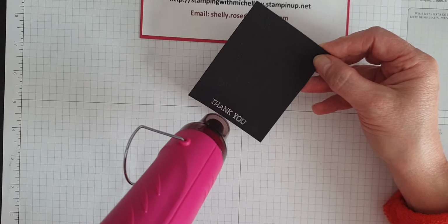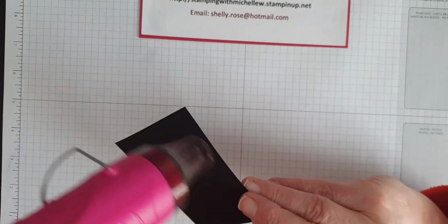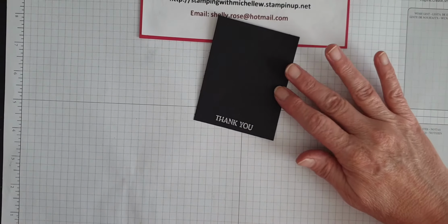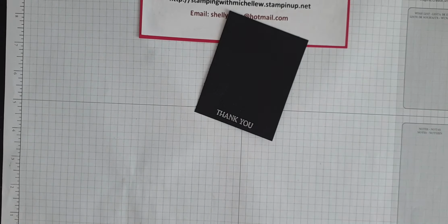Thank you, and give it a bit more of a heat there, and that's our thank you. So now, I think it's a little bit crooked, so I'm going to grab my little